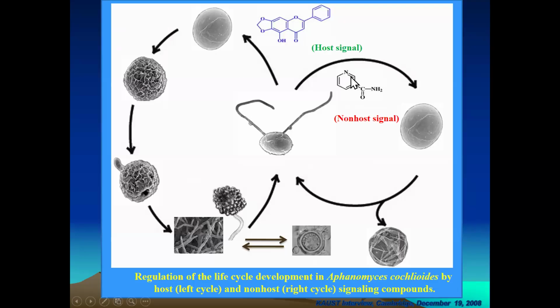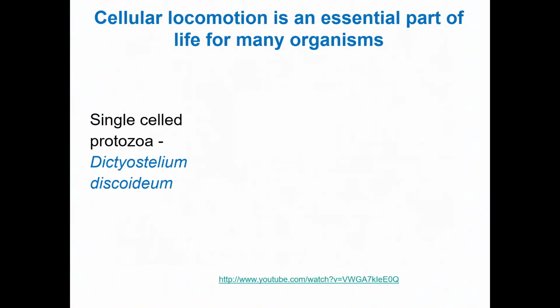In our research, we summarized it this way. When zoospores find nicotinamide, they stop and become cystospores, and then again zoospores, and they never germinate. But in the case of the host signal, cochleophyllin A, the zoospore becomes a cystospore, germinates, and then infection occurs, and this cycle continues. But after two rotations, the zoospore loses all energy and cannot be infectious.